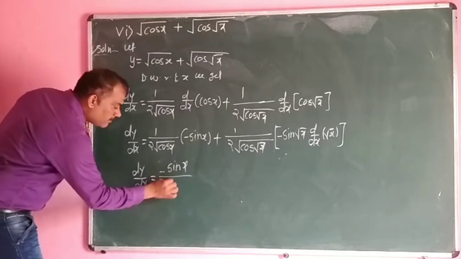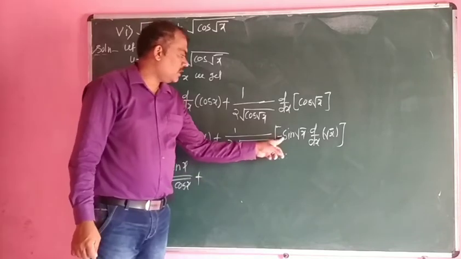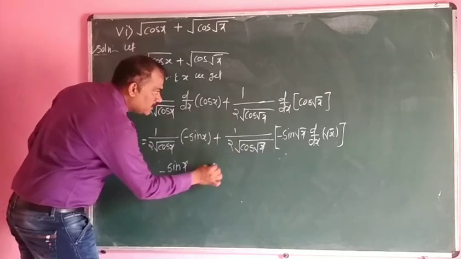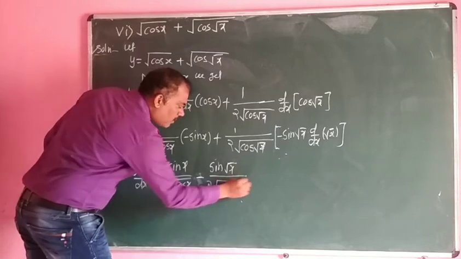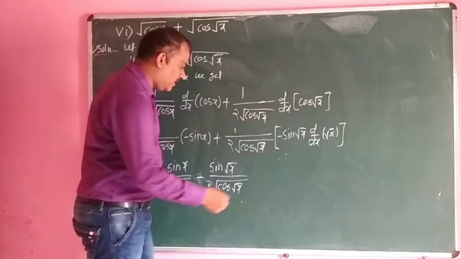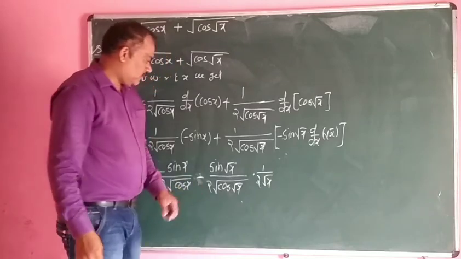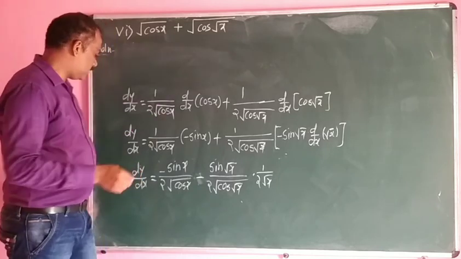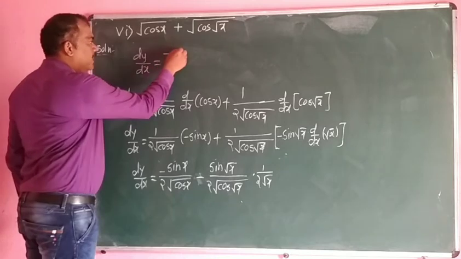Okay, that is what dy by dx is equal to. We can write this as minus sin x divided by 2 times root of cos x, plus minus sin of root x. We can write this here: plus into minus becomes minus, that is sin of root x divided by 2 times root of cos of root x. Now what is the derivative of root x? Standard formula, into 1 upon 2 times root x. Okay, this 2 into 2 is nothing but the 4, that is dy by dx is equal to minus sin x